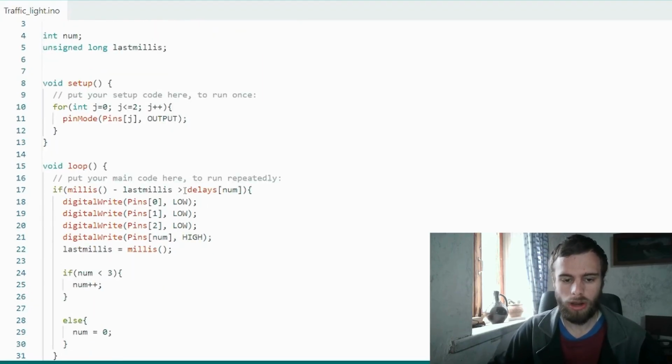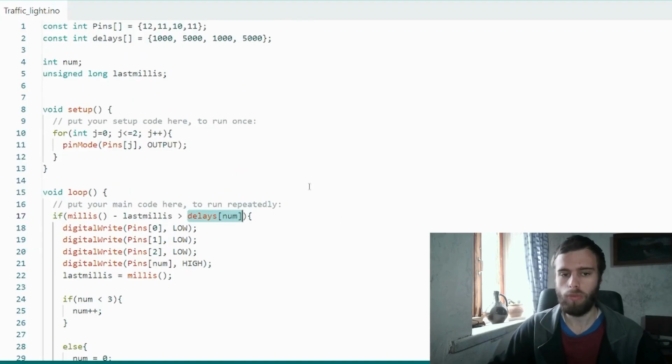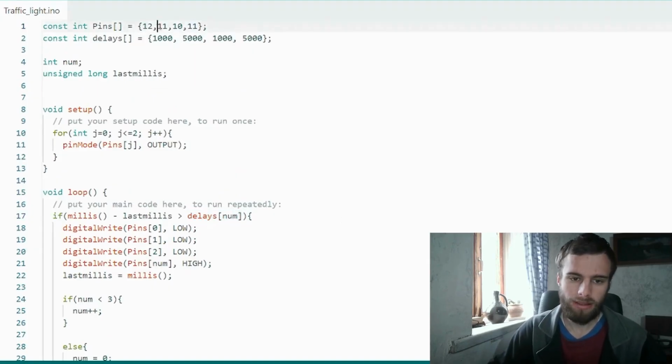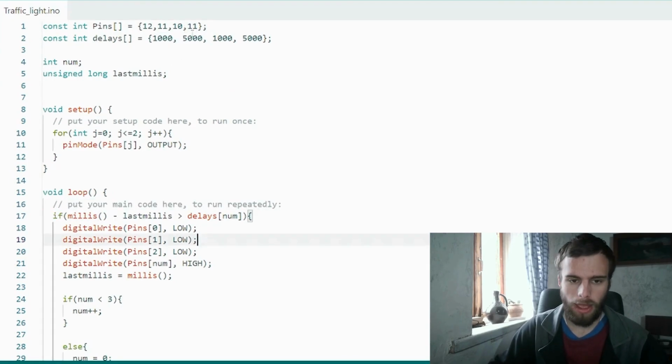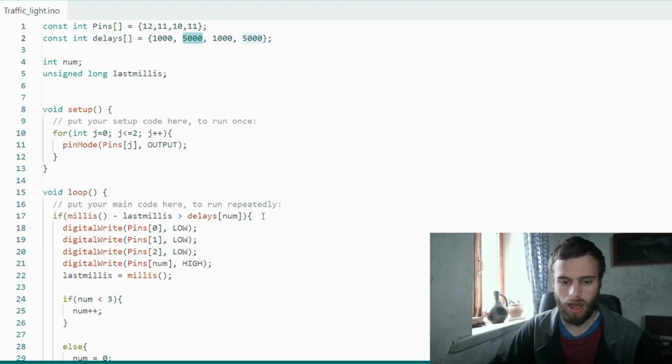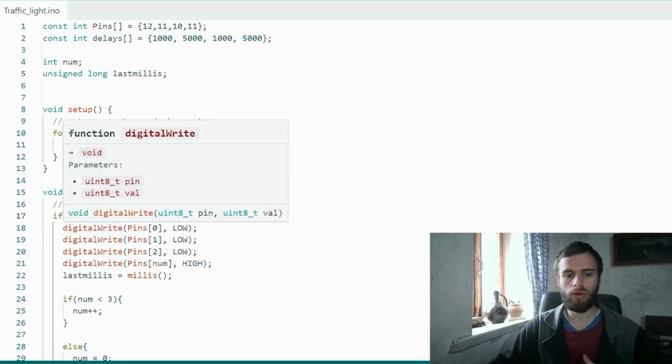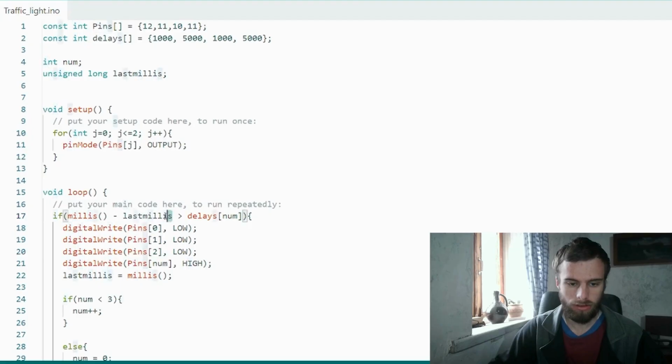So that's what's going on here. Whatever num is at, that's going to be the delay that we are going to be waiting. So let's say, for example, pin 11, which means that right now, while we're waiting to come into this statement, the red LED will be on. And we will be waiting 5 seconds to come into this if statement. Until once that time is up and this calculation right here is greater than it, then we come into this